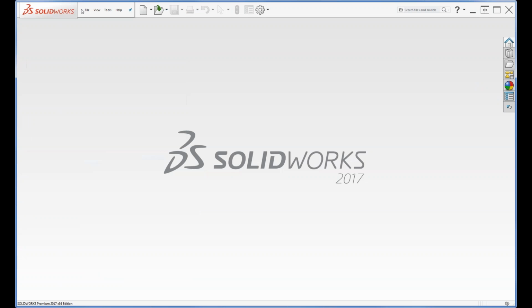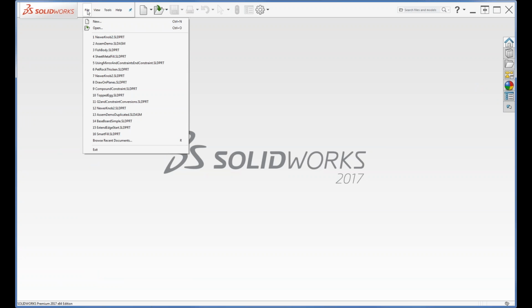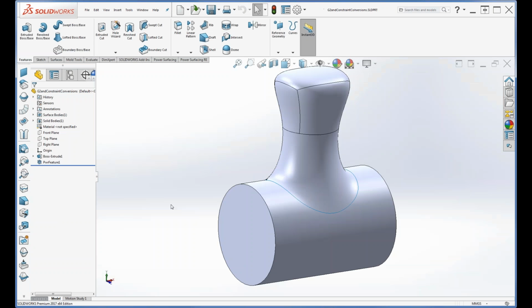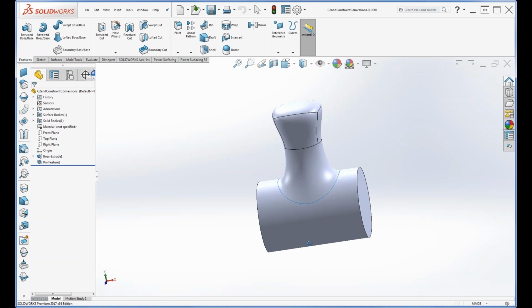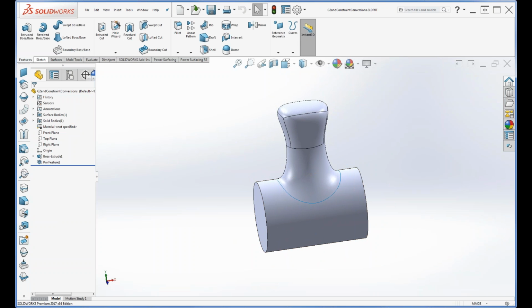Okay, don't save. And for this, we want G2 and constraint. Okay, here it is, right here. So we've got this funny looking knob on here. And what I want to do is I'm going to turn on Zebra so you guys can see what this